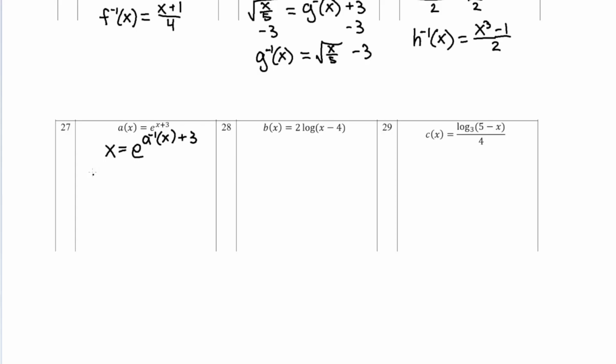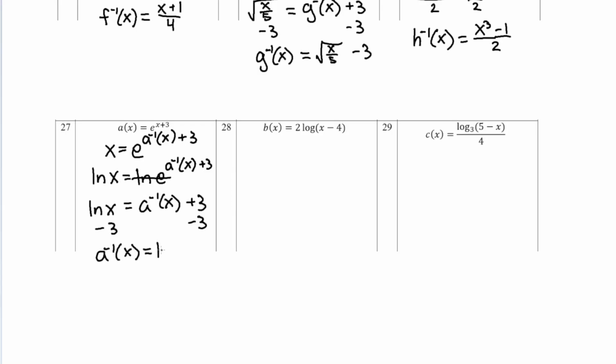All right, now we can go ahead and say this is ln of x equals ln and e cancel, and we end up with the inverse function plus 3. Let's go ahead and remove that plus 3 with a minus 3, and we get our answer. The inverse is ln of x minus 3. Done. Number 28. All right, this time we have a logarithm, and if a logarithm cancels a base of e,